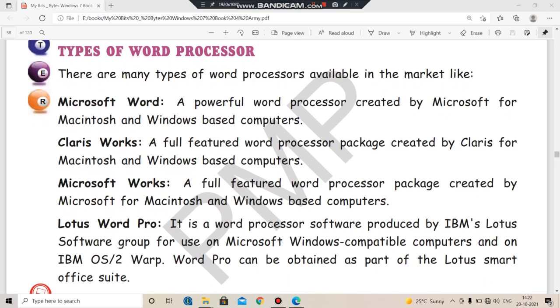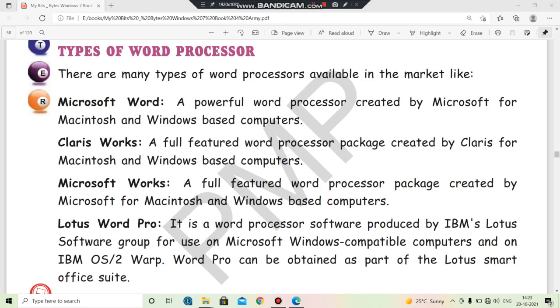Here it is given as a powerful word processor created by Microsoft for Macintosh and Windows based computers. So what is Microsoft Word? Microsoft Word is the most powerful word processor that is created by Microsoft.